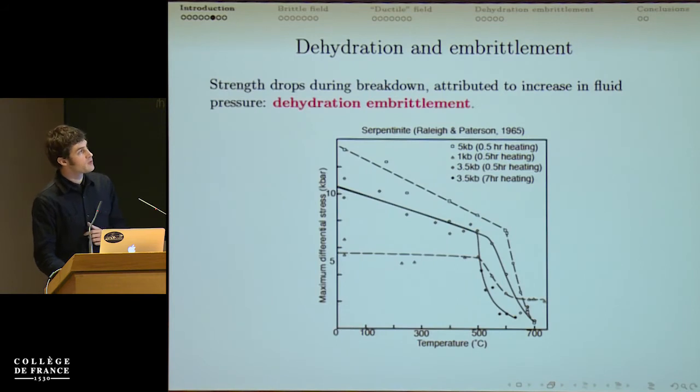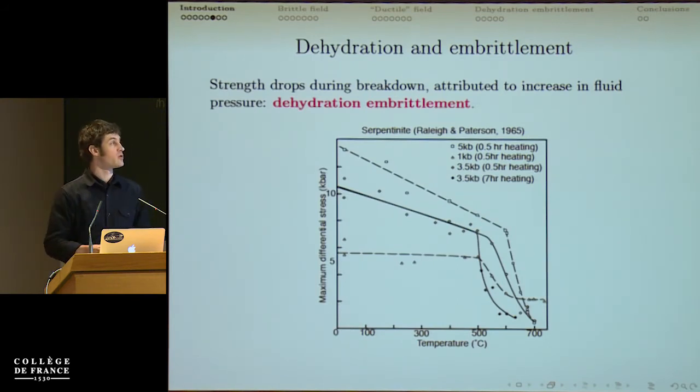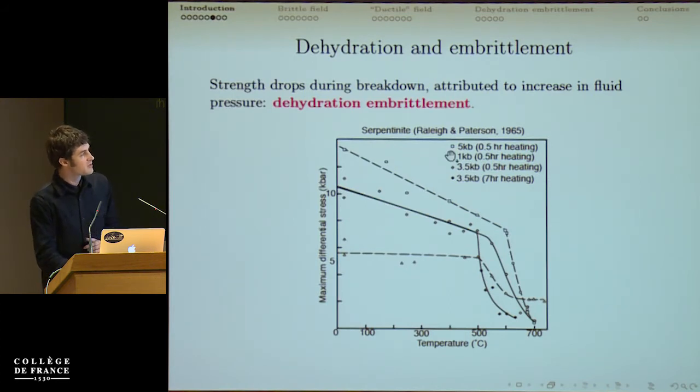And we know from experiments done since the 60s that serpentinite becomes really weak when it becomes dehydrated. This has been termed historically dehydration embrittlement. So this is a plot taken from a famous paper by Raleigh and Paterson in '65, where they measure the strength. So this is differential stress, but that's a measure of strength, as a function of temperature for different types of serpentinite and different heating rates and different pressures. But what you find here is that whatever the conditions, there's a huge drop in strength when you cross the